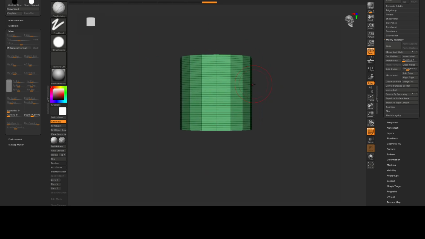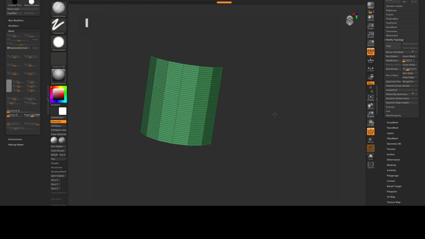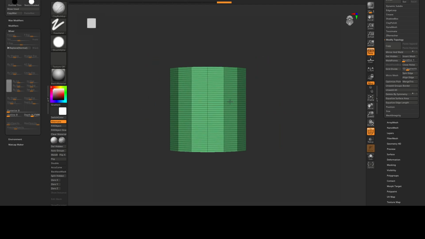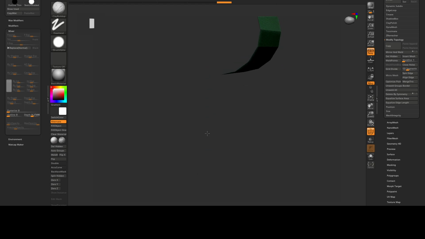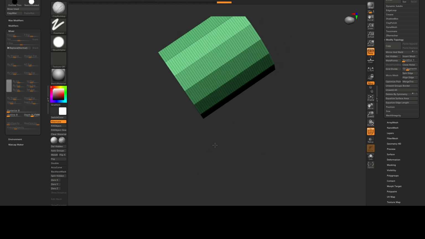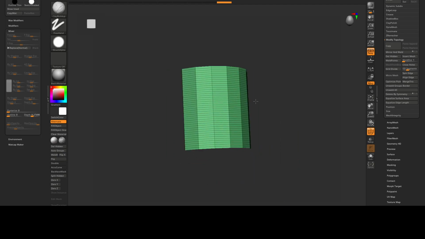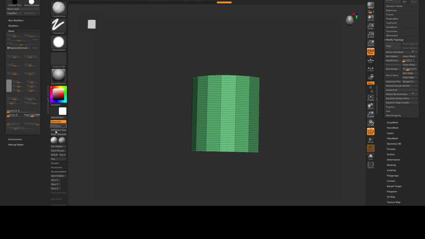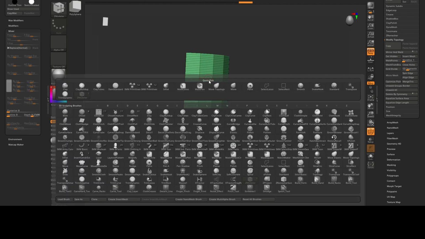Now, if you're doing something that's like low poly, you might want to actually go in here and just delete half the cylinder and maybe start off with something like this. So that's what I'm going to do. I'm going to delete half of this, and we're going to stick with half a cylinder. All right, that looks pretty decent. So we're just going to again delete hidden,